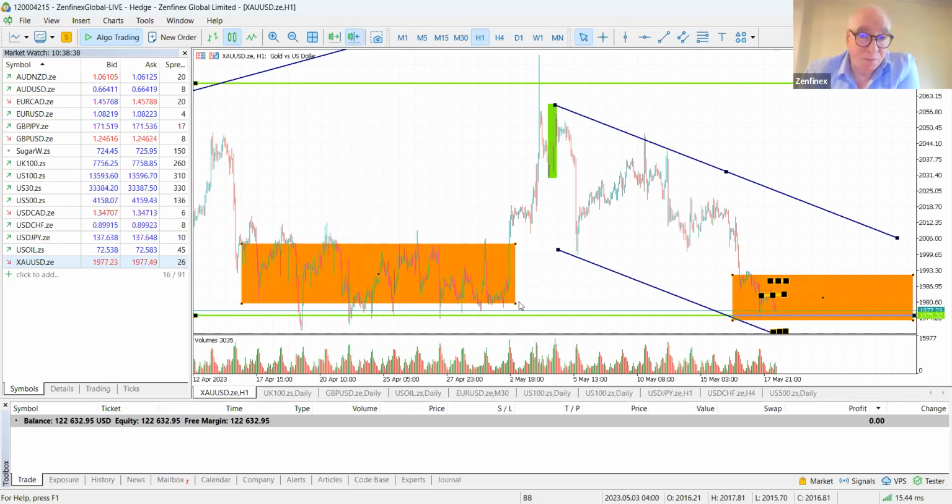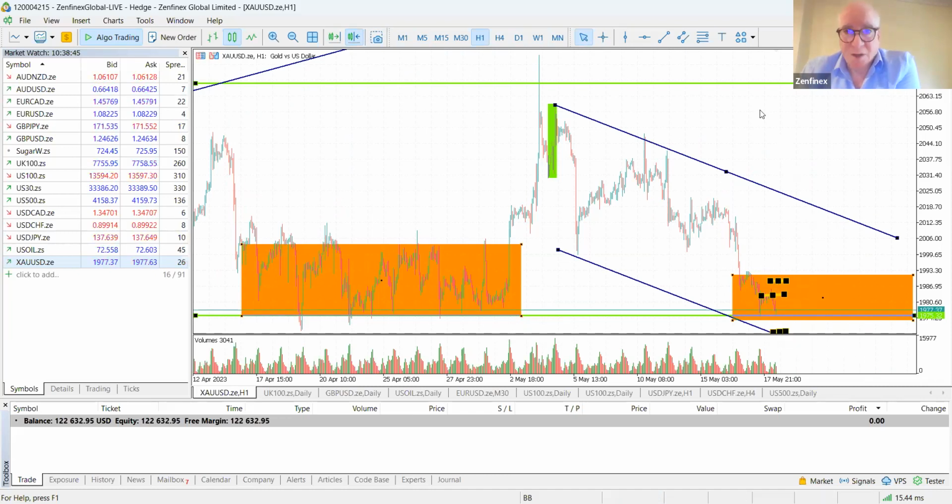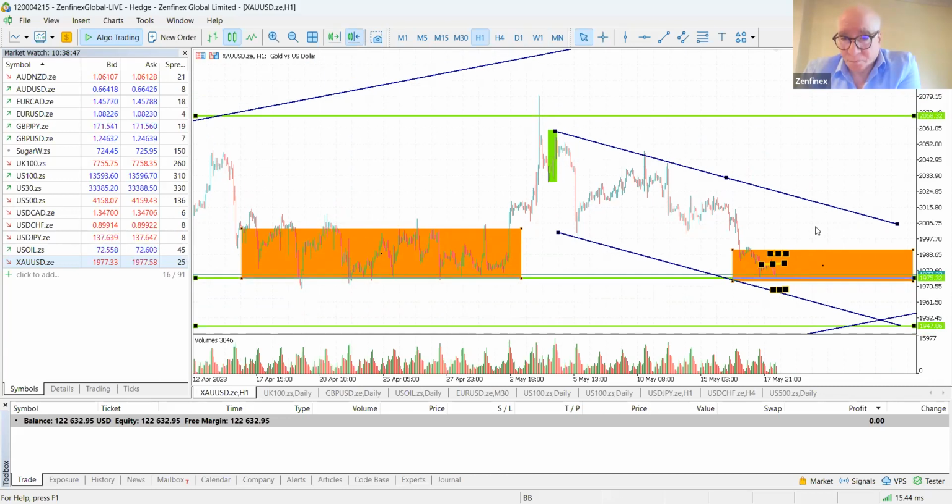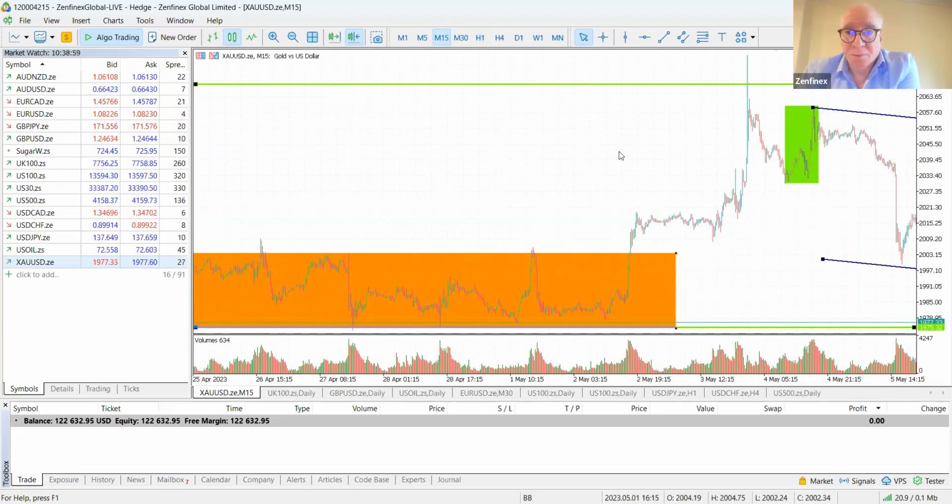In any case, the bottom of this consolidation area that we drew. So, as I mentioned earlier, I wouldn't want to be taking this trade because there's not a lot of room. There's support here, there's the bottom of the channel here. So we'd need to look for a pullback. And I think from an intraday perspective,